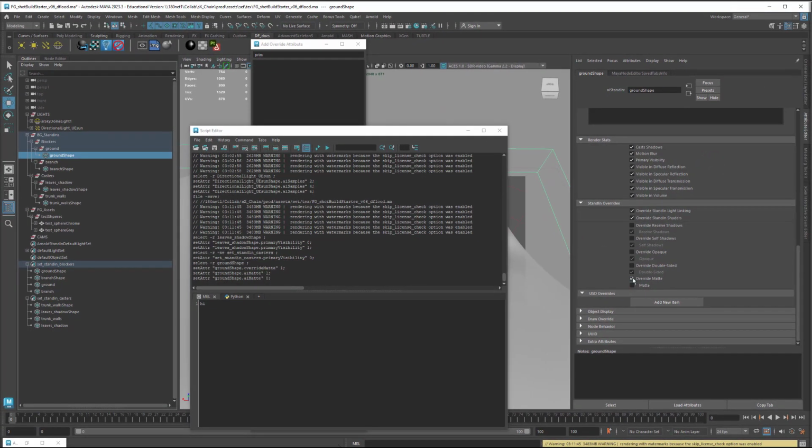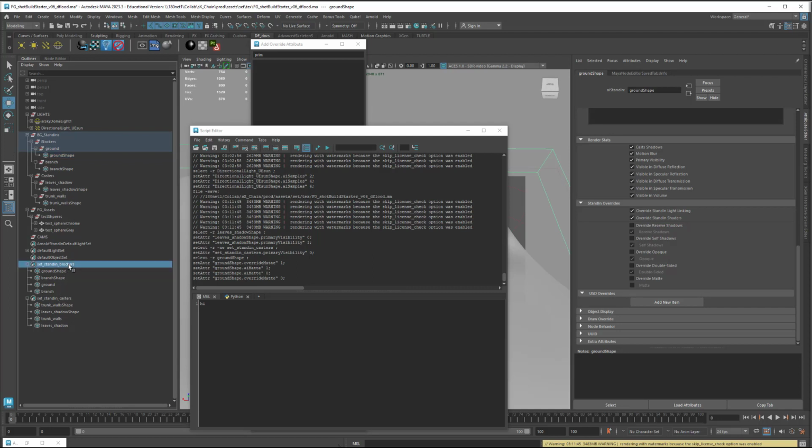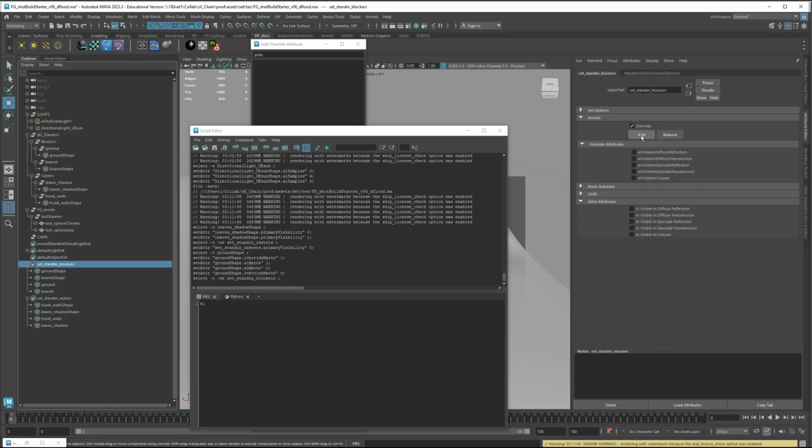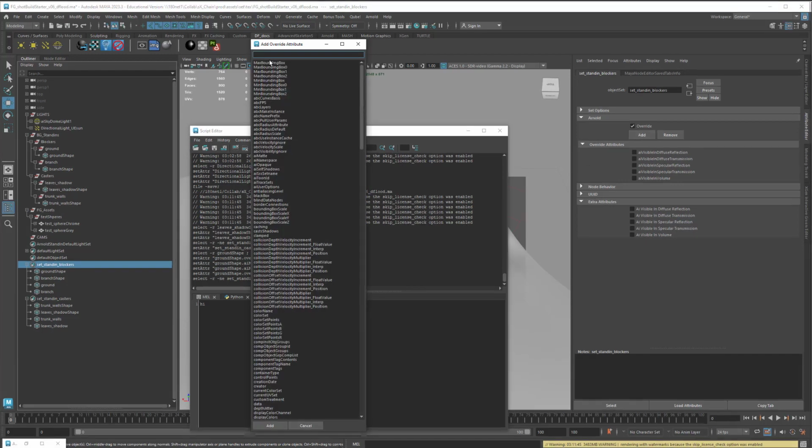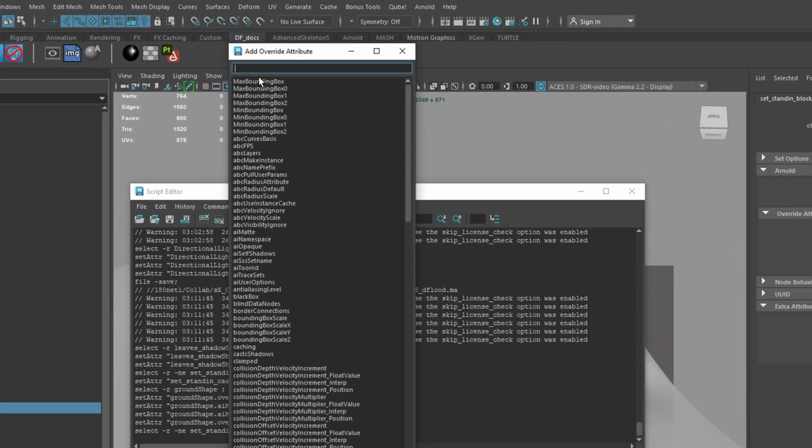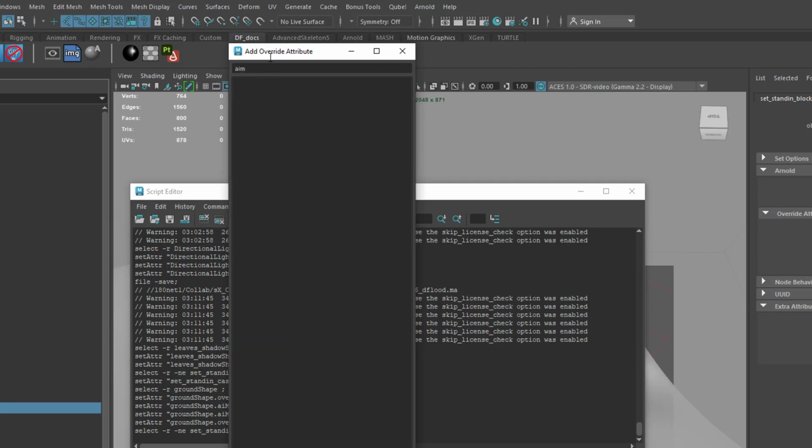So let me turn these back off again and then come here into blockers, click on the add button and type in AIM for AI matte, and it doesn't like that. Maybe it cares about case sensitive. It does. And so I load in AI matte and then